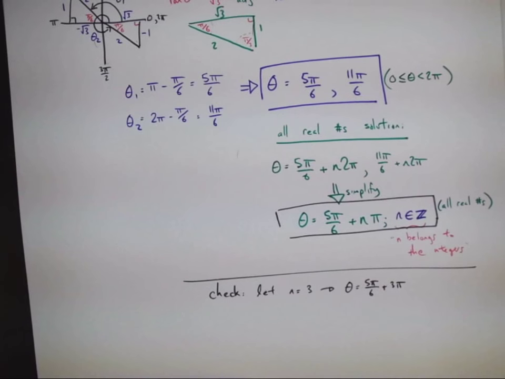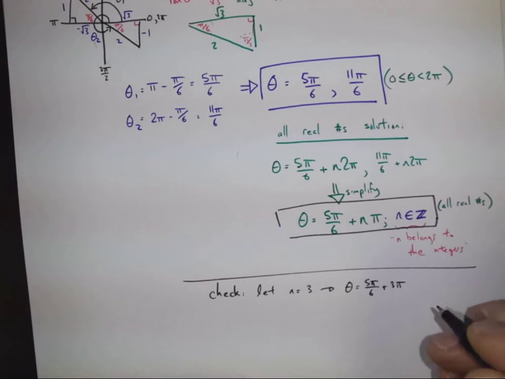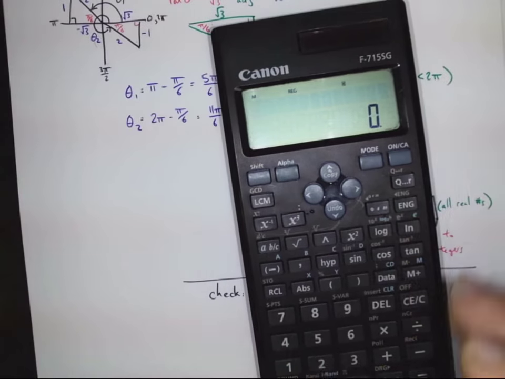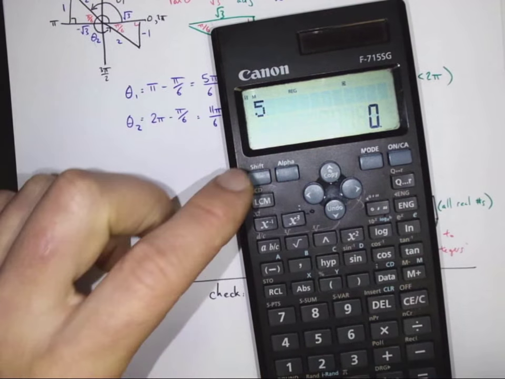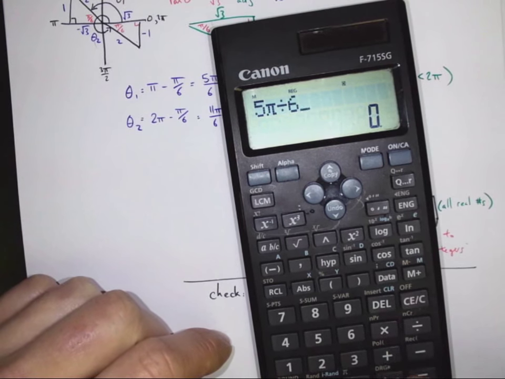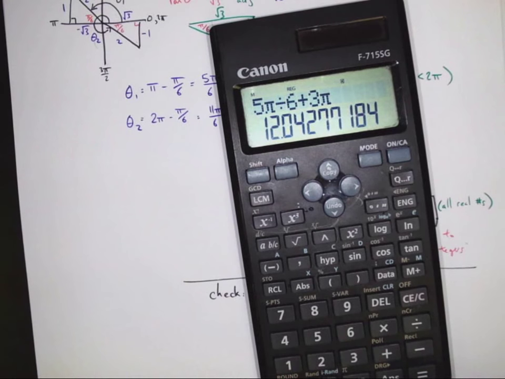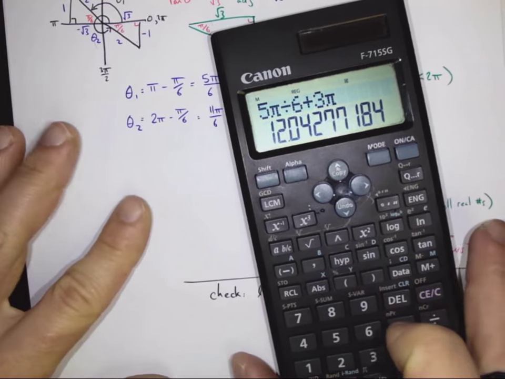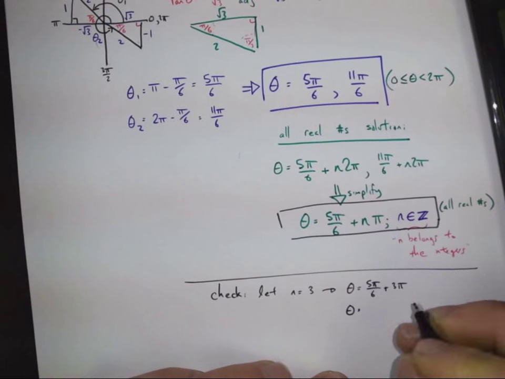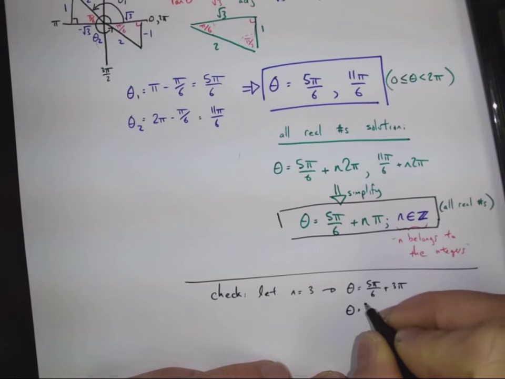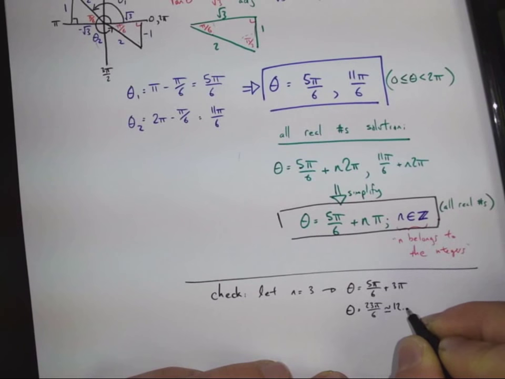Okay. And so I could say that's 3 pi over 1. So I could make that 18 pi over 6. You know, I'm just going to do it in a calculator. Why not? 5 pi divided by 6 plus 3 pi. Okay. And it gives us some gross decimal. And so that means that theta is equal to, well, maybe I'll write the exact answer here. 5 pi over 6 plus 18 pi over 6 is 23 pi over 6, which is approximately equal to